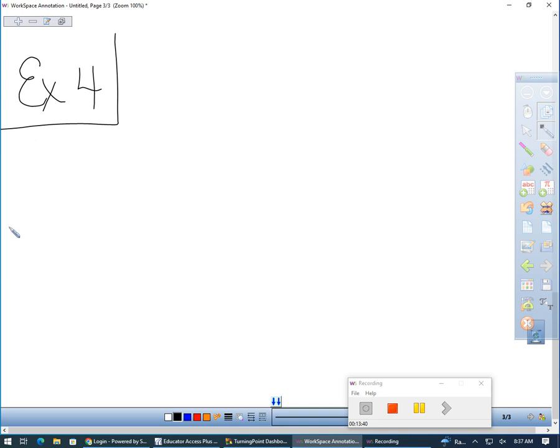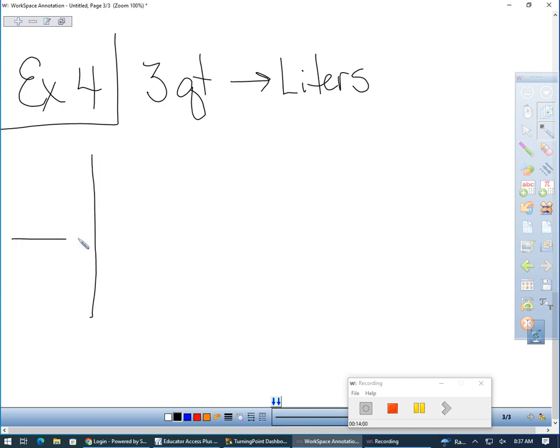All right. How about if we go 3 quarts to liters? All right. My given information is 3 quarts. Do you know the conversion factor for quarts to liters? Yeah, that goes from our regular standard measure to a metric measure. You guys wouldn't know that off the top of your head. I don't know that off the top of my head. So if we're converting,